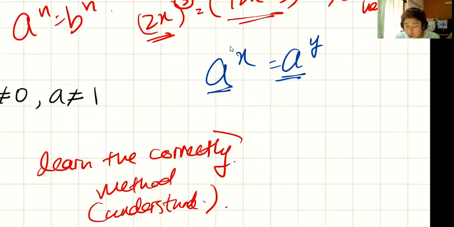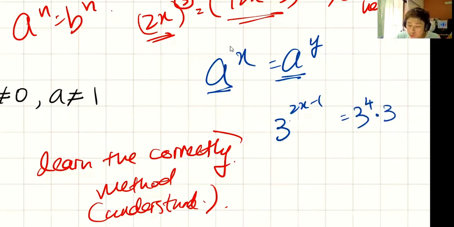For example, if you have 3^(2x - 1) equals 3^4 times 3^x. Okay, let's just say this. What you want to do is, because you're seeing one 3 here, you want to make sure you're only seeing one 3 on the right hand side. You understand? So what you do with the right hand side is you try to combine them into one 3 only. So how do you combine them into one 3? By